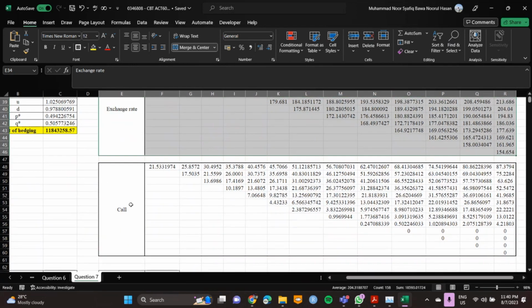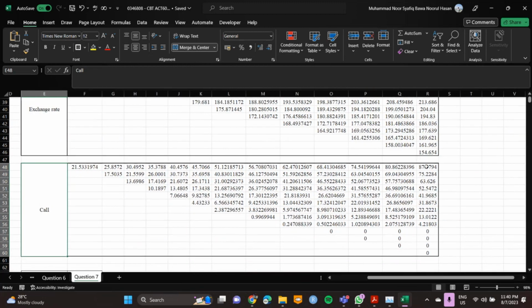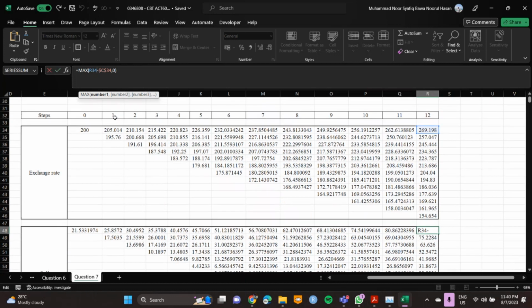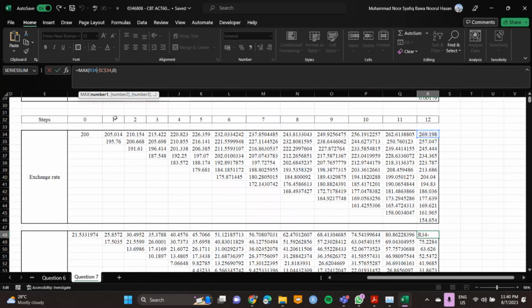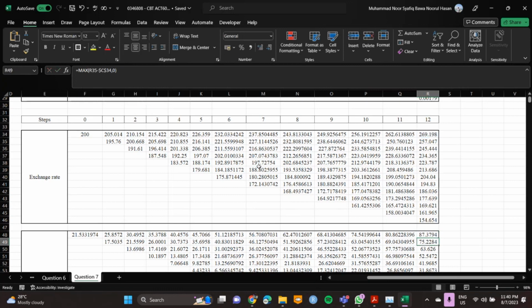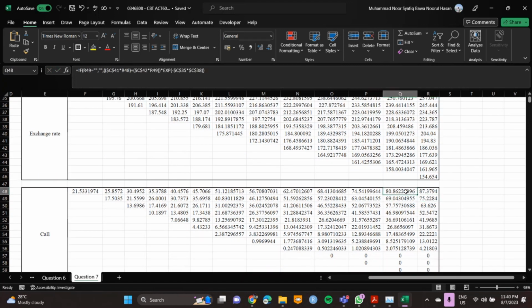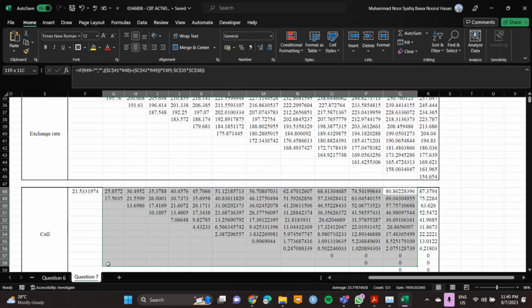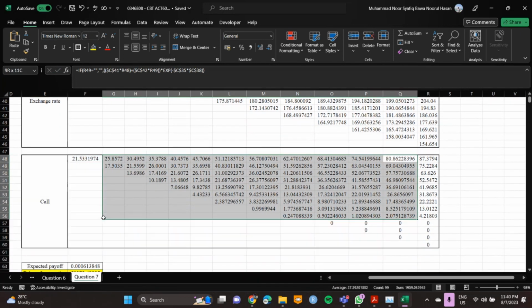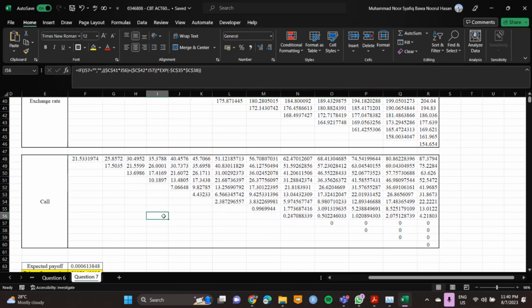But now, since we are using call for yen denominated, of course the last cell, the period number 12 cell, will change to maximum of ST minus K or 0. So if you're getting any negative values, the answer will be 0. Once we only change that cell, the other cells remain the same from whatever we did for the put above. So your final answer for the call price is